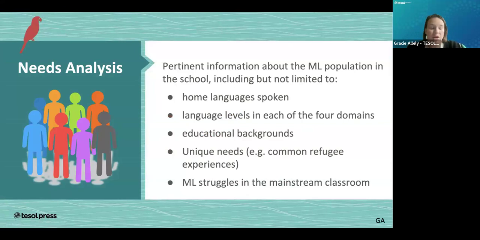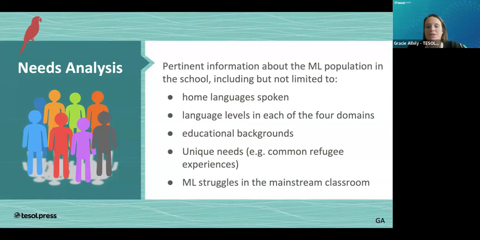Every school is different. Every district is different. I cannot possibly know what every district needs. And the beauty of SWELL is that it really is site specific and is tailored to every single location. So every single school and district doing SWELL is doing it slightly differently to meet their needs.